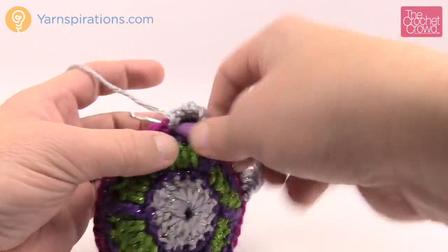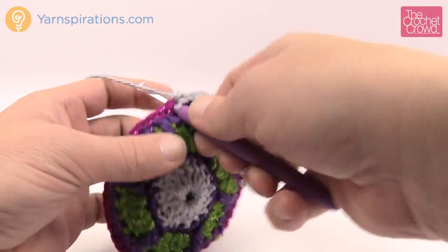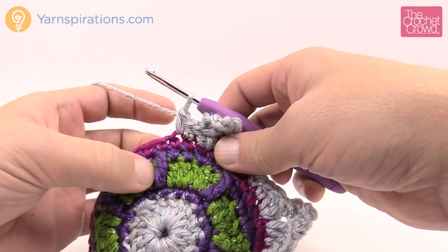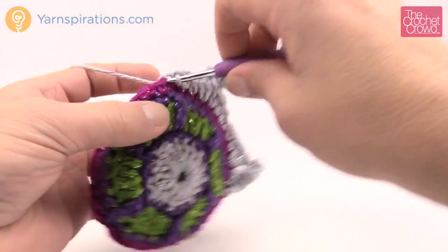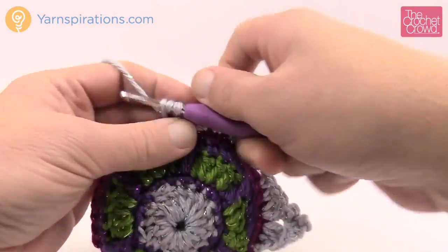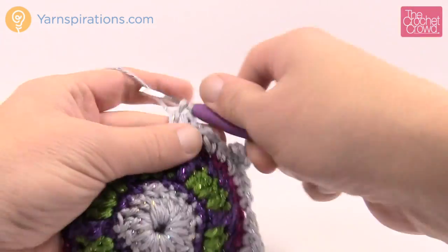So the next one is a half double crochet, and then the final one is a single, and look, I'm finishing just the one right before this, which means I'm right, and I chain 1 and then I jump over and just single crochet again and then start again. So I'll show it one more time. So half double. Okay, the next one is a double for 2 times,